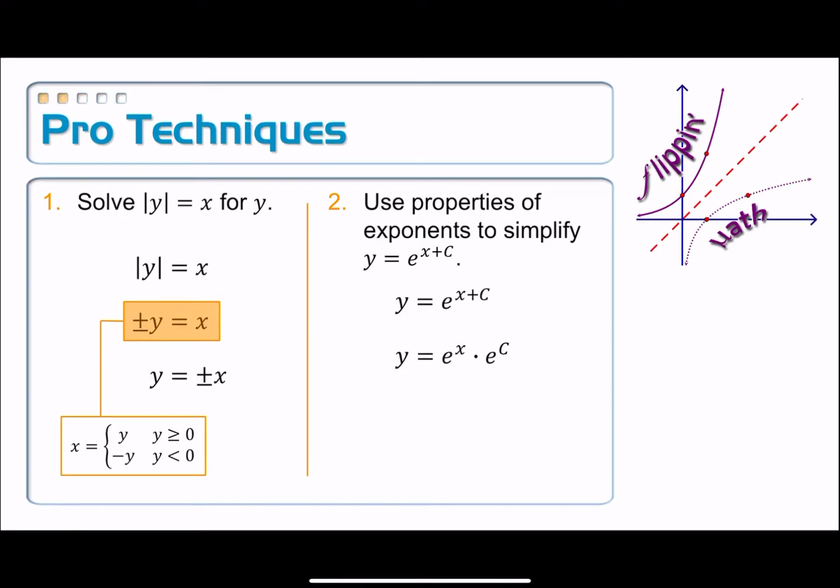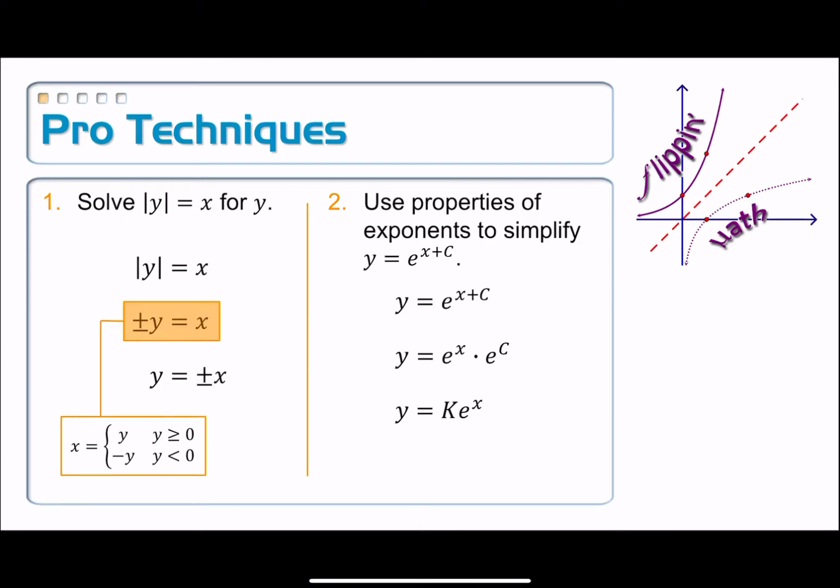Okay, so we've got y is equal to e to the x times e to the c. What I just did there is I used the multiplication property of exponents, that whenever I'm multiplying with like bases, which is basically what I'm doing in this stage right here, this simplifies to keeping the same base and then adding the exponents. I'm just basically working that process backwards. And the reason why I did that is because e to the c is some sort of constant value, which I'll call k. Now, in this particular case, you want to make sure that you're kind of careful about this,